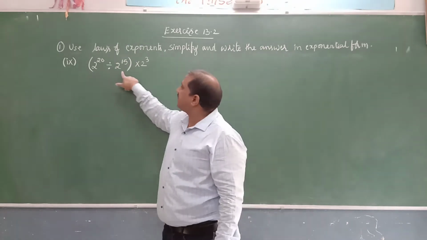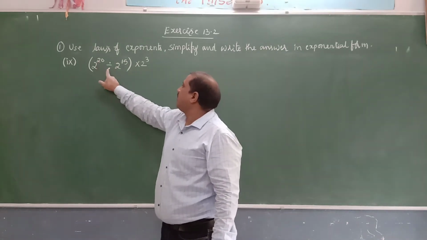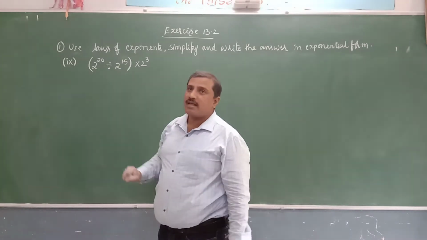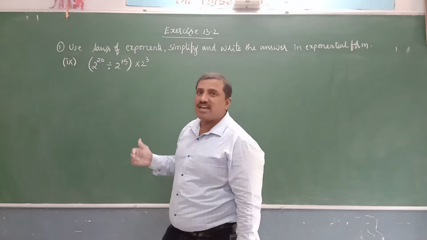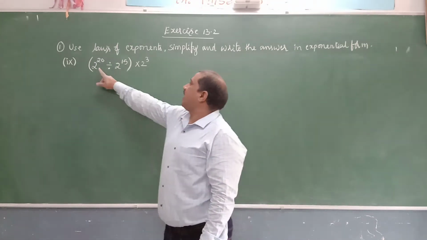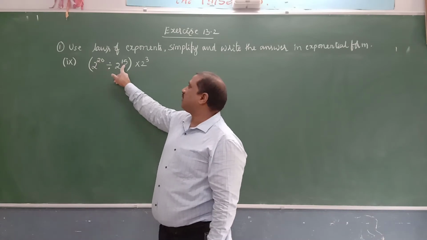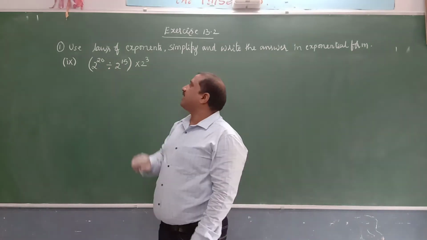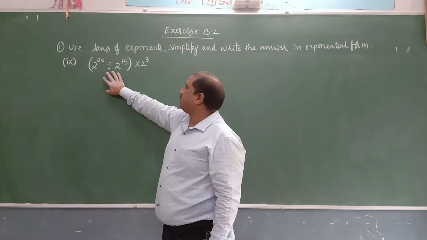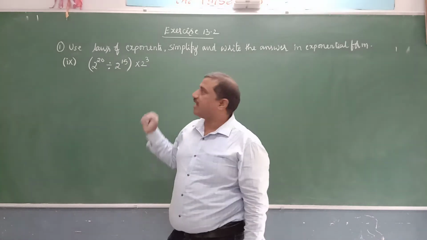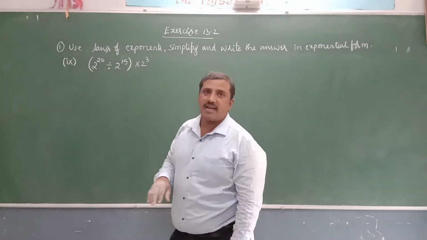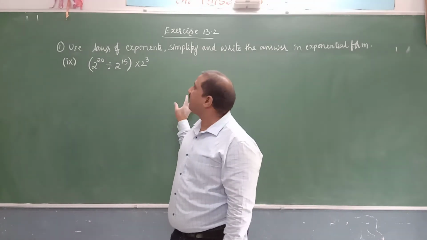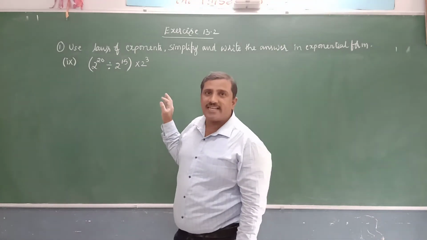So how do you simplify inside the bracket? It is 2 to the power of 20 divided by 2 to the power of 15. Here the bases are same, that is 2 is the base, and different exponents are there. So which law can we apply? Yes, it is a to the power of m divided by a to the power of n, that is equal to a to the power of m minus n, that is 20 minus 15. Then this part will be simplified. Then you apply the simplification for the other part. As for all three we have the same base, apply the first law of exponents, then simplify and you get the answer in the simplified form and in the exponential form.